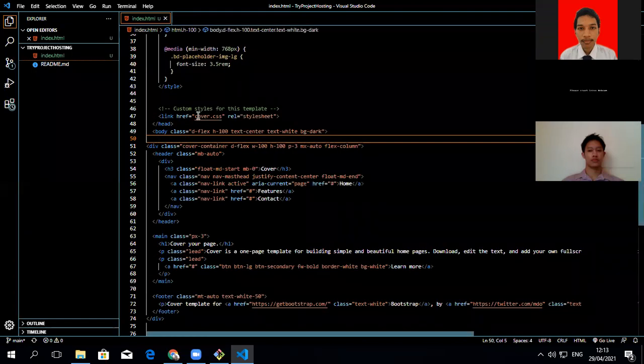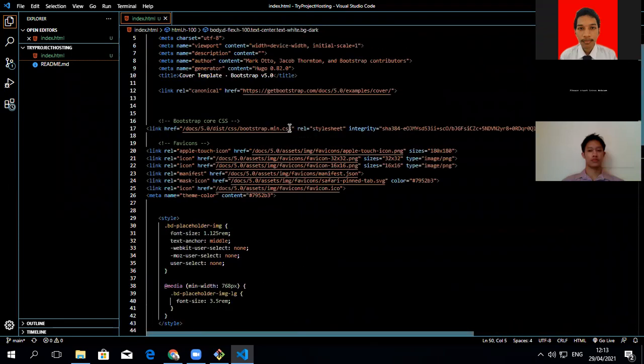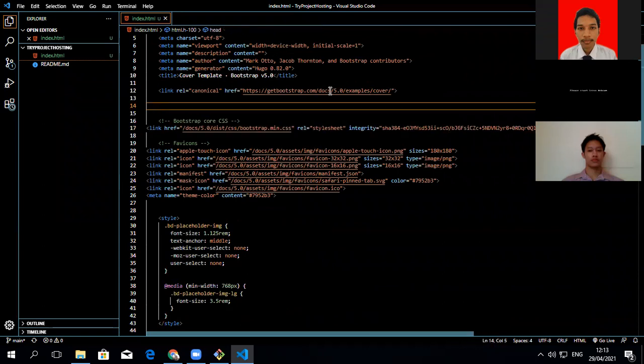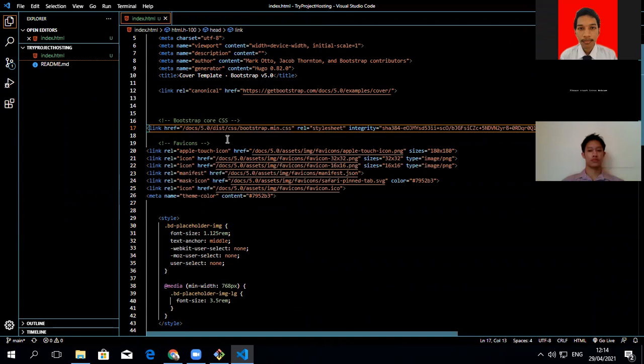Now it does not have CSS because this is reading your local CSS, but we want it to read the online GitHub CSS. Copy this. Check here. This is a shortcut.